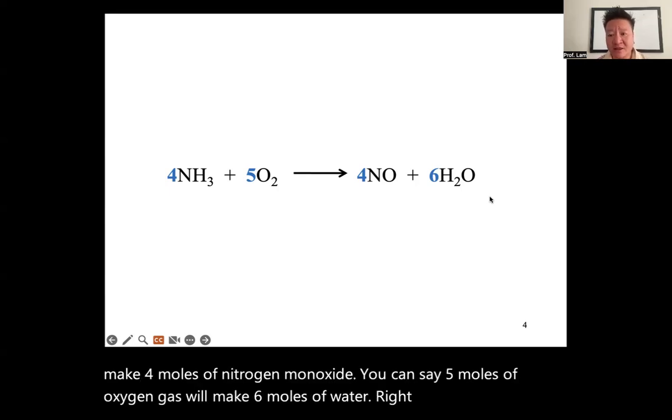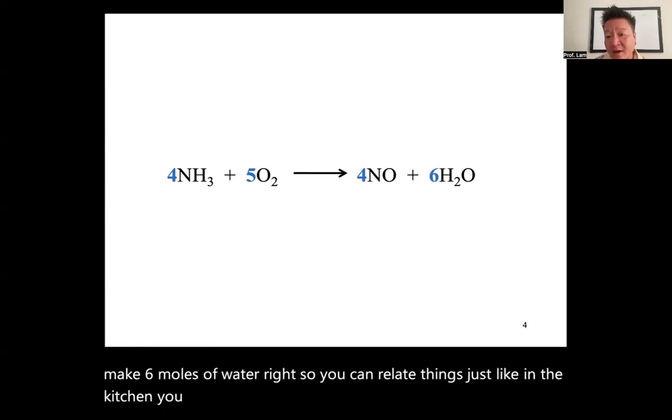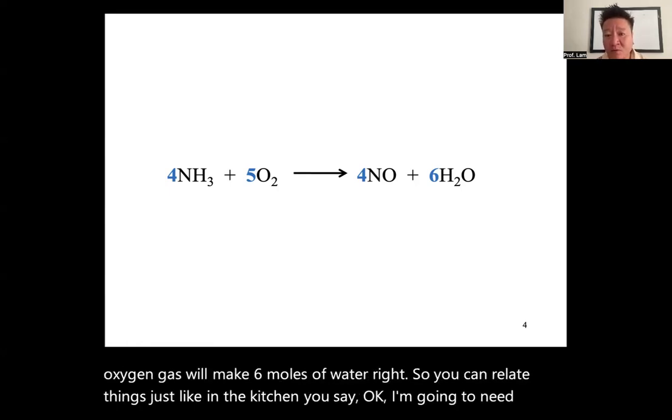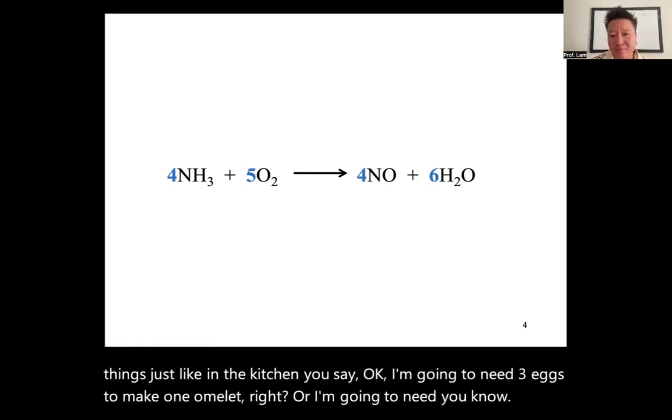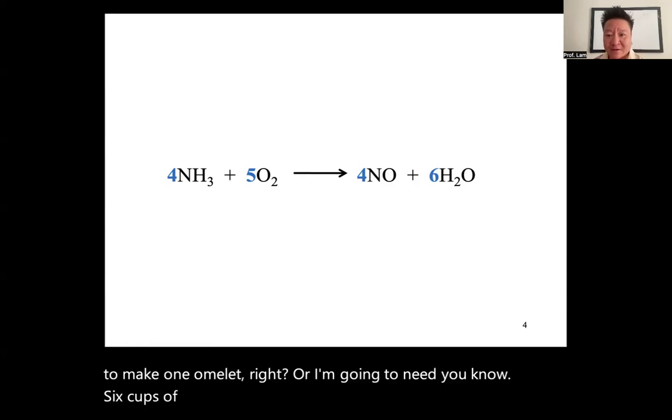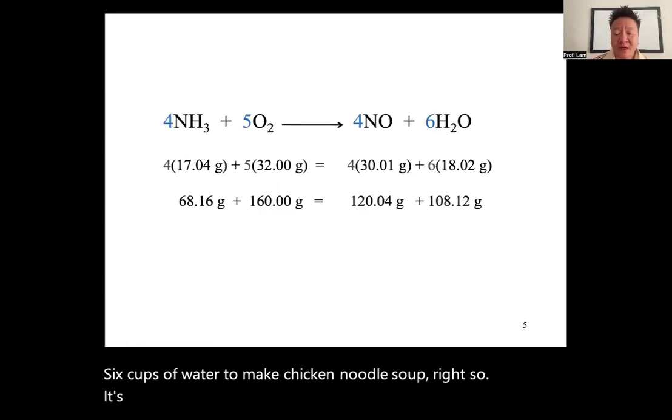So you can relate things just like in the kitchen, you say, okay, I'm going to need 3 eggs to make 1 omelet, right? Or I'm going to need 6 cups of water to make chicken noodle soup, right? So it's just a recipe,